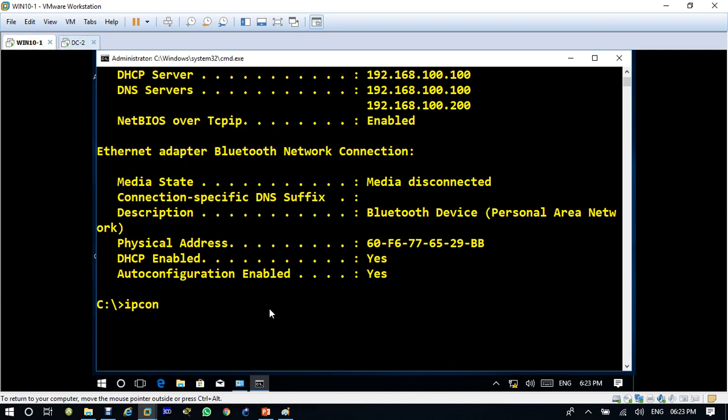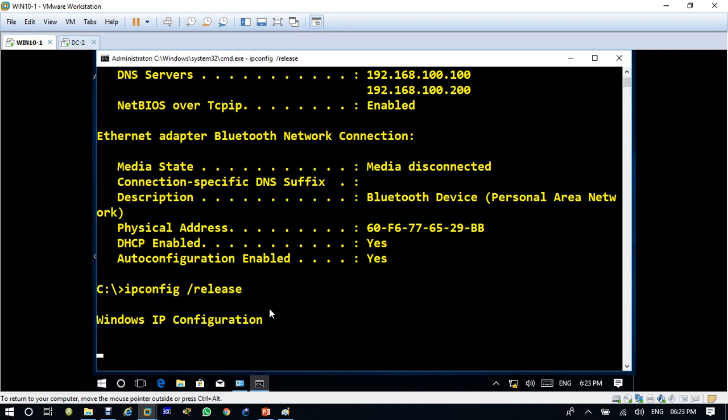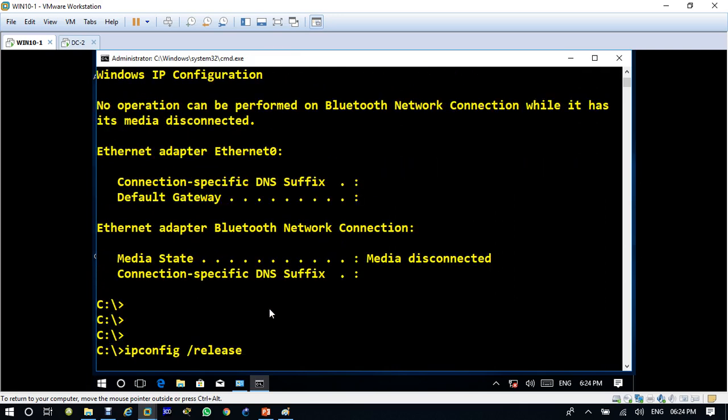You type here ipconfig /release. Okay, so once it is released, you type renew.